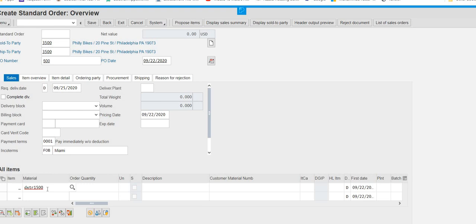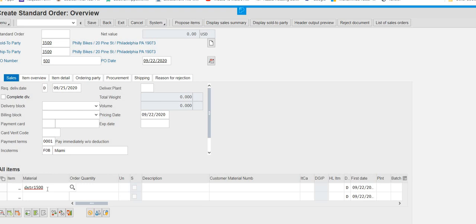Okay. And my students, you will follow these steps and you can do the exercise very easily. The material code DXTR1 is not case sensitive. You can put it as capital or small, it doesn't matter. In all the exercises, if something is case sensitive, it will be given in the exercise. Okay.